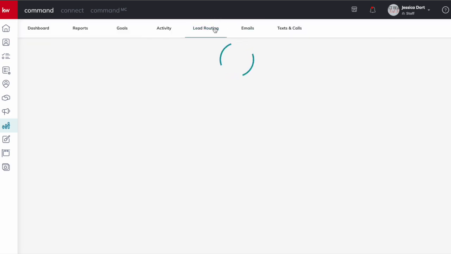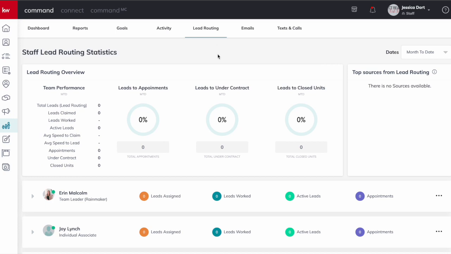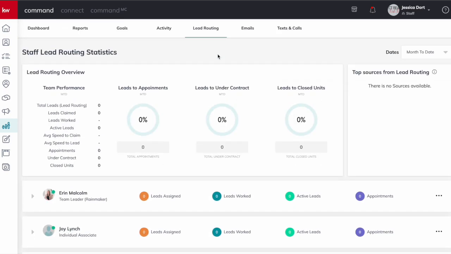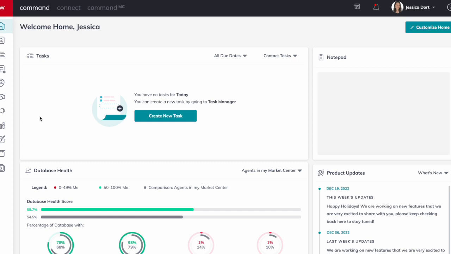And then on the lead routing tab is where you can see all of the metrics for the leads that you've routed to your team, how many were claimed and how long that took, how many ended up turning into a deal, and more. So that's all for reports, and now we're going to dive into our final applet, which